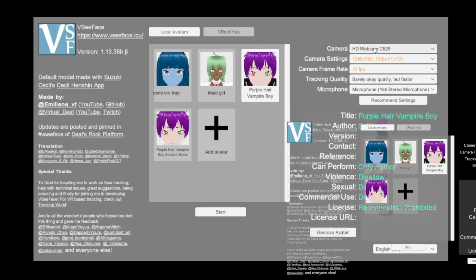What you want to do is go to HD webcam, your webcam. Click on it. I have an HD webcam on this thing. And then you want to click on your microphone. And you want to click on recommended settings. And let's do this thing. So it's going to analyze your computer and your specs and your webcam, and it's going to automatically set it up. Now, the better the webcam, the better the tracking response, and how much lighting you have also affects your tracking, because